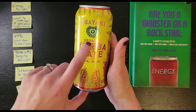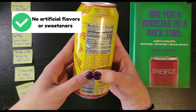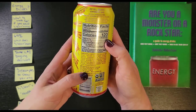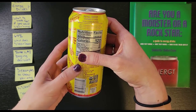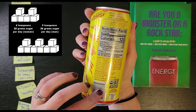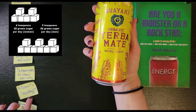All right, so again, we've got organic, check, if that's what clean means to you. No artificial flavors nor sweeteners, check, check, check. Everything's organic, everything's natural. Okay, so if that's what clean means to you, that's fine, but this has 27 grams of sugar. That is almost your full day's dose of sugar. So even though this drink might technically be considered clean based on its natural ingredients,